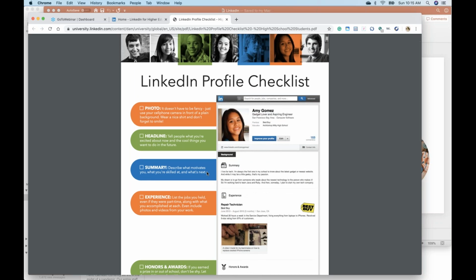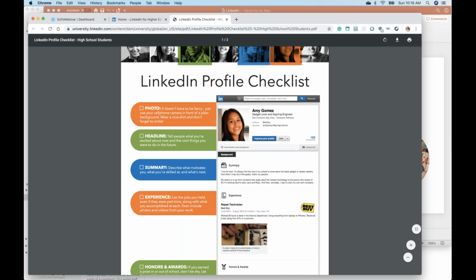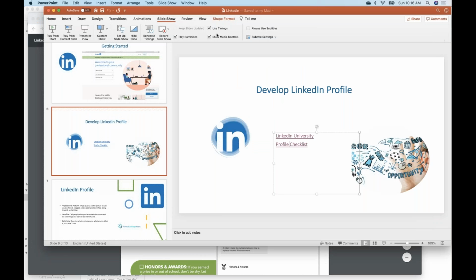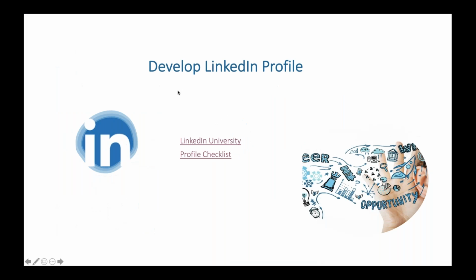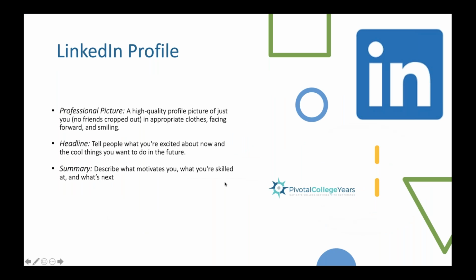For instance, if you were accidentally going to the one that was for higher level executives or someone with a lot of work experience, they would have different recommendations. So I would definitely use this checklist at this point. And then as you move forward in your career, you can make adjustments. All right. So you're not alone, you have help. And if you are getting help within the practice, you have Shelly and myself.